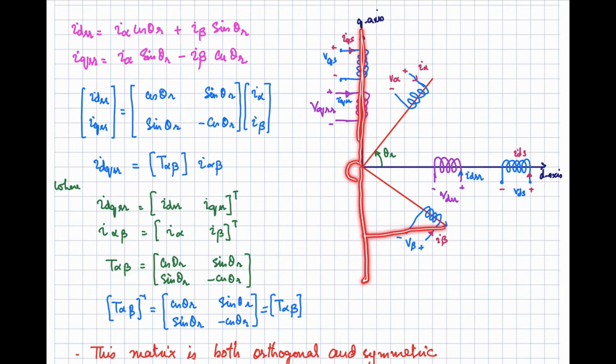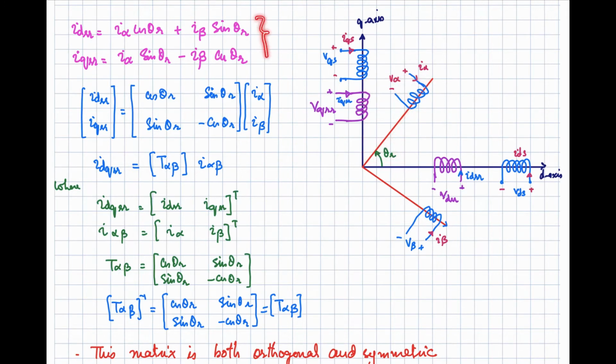If you take the projection of this one over here, as this angle is theta r, this is I beta cos of theta r. So when you shift over here, this will be minus I beta into cos of theta r. So this is the projection of the beta current along the positive q axis, and the projection of I alpha along the positive q axis is I alpha into sine of theta r. This angle over here is theta r, so if you take the sine of this one, you will get this, considering the right angle triangle.